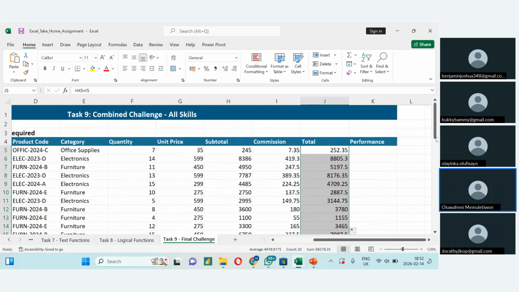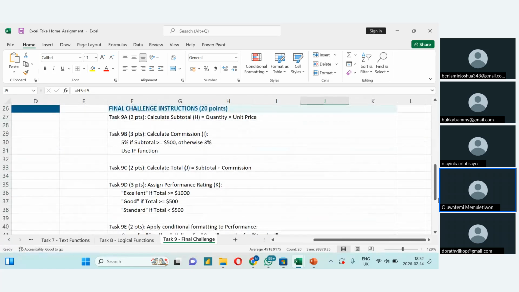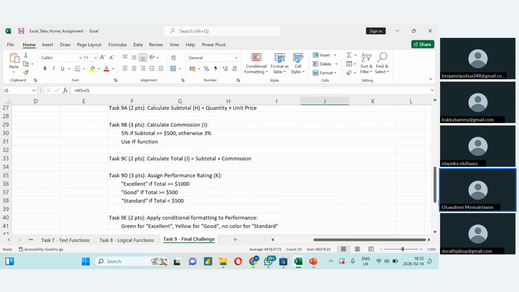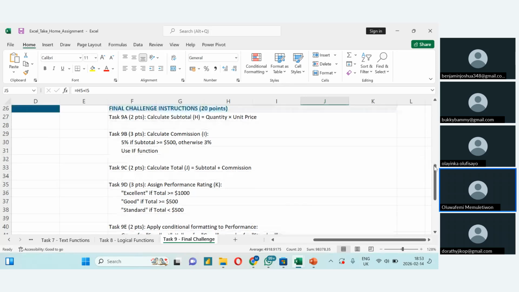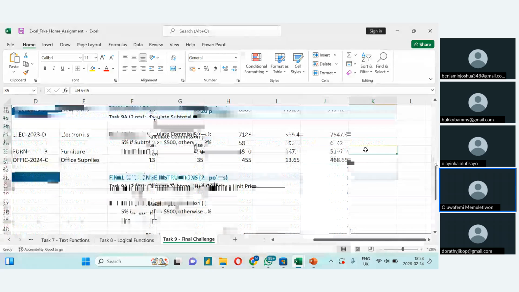What's the next question? If function. Assign performance rating: Excellent if the total is greater than or equals to 1000, Good if the total is greater than or equals to 500, and Standard if the total is less than 500. So this is what we are going to do. Equals to,